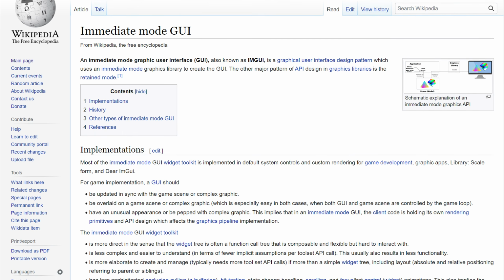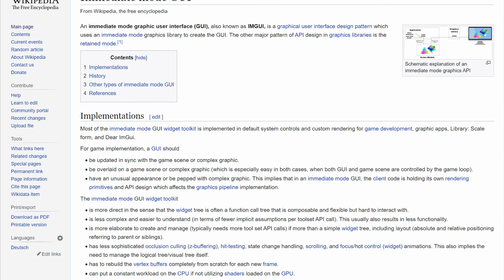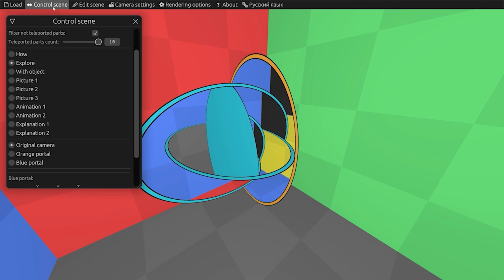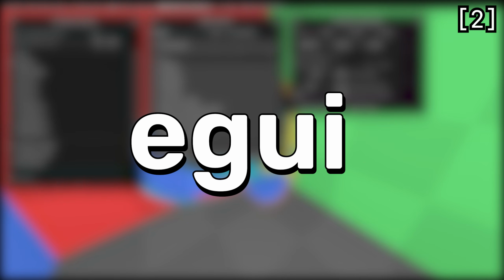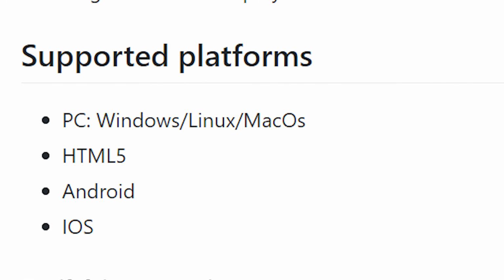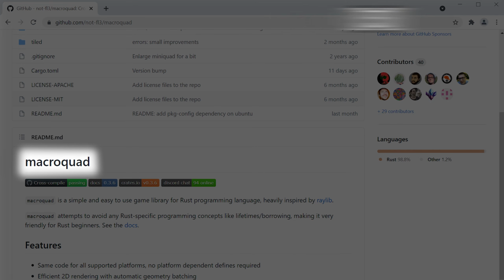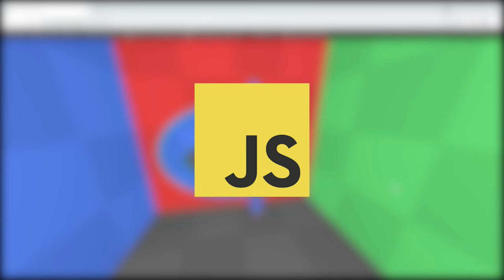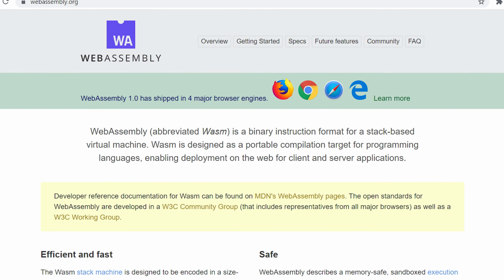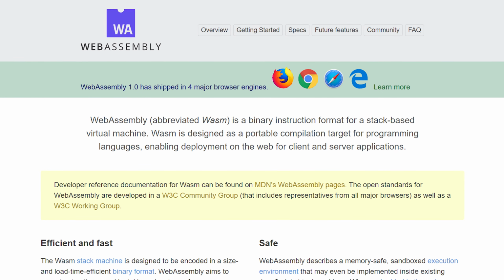The interface is made using the concept of an immediate mode GUI. I didn't expect that I could make all that so fast. For this type of interface I used the eGUI library. This program works not only in the browser, but also on Windows, Linux and macOS, thanks to the MacroQuad library. And in the browser this works not because it's written in JavaScript, but because Rust can be compiled to WebAssembly, which can run in browsers.